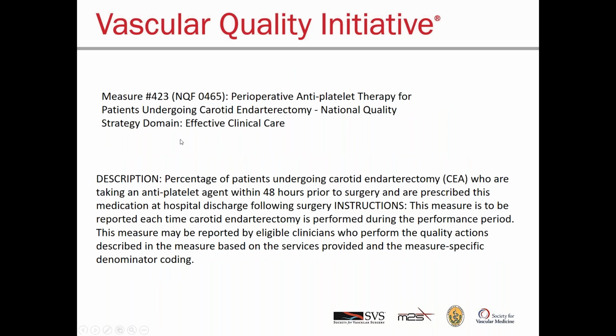So here is our SVS developed claim measure, measure 423, thank you if endorsed, and it's for antiplatelet therapy for carotid endarterectomy. So this is what's known as the measure specification sheet, and it tells you exactly what the measure is to do. So this is a percentage measure, and it's the percentage of patients undergoing carotid endarterectomy who are taking an antiplatelet agent within 48 hours prior to surgery and are prescribed the same medication at hospital discharge following